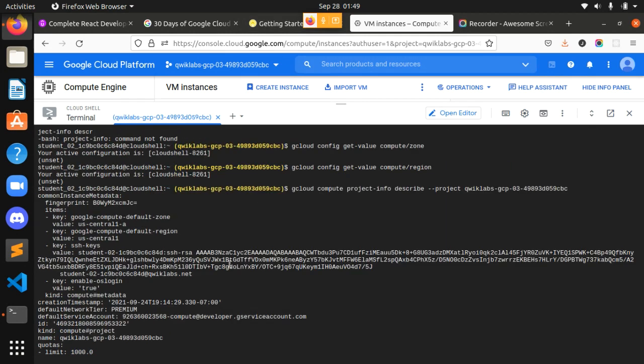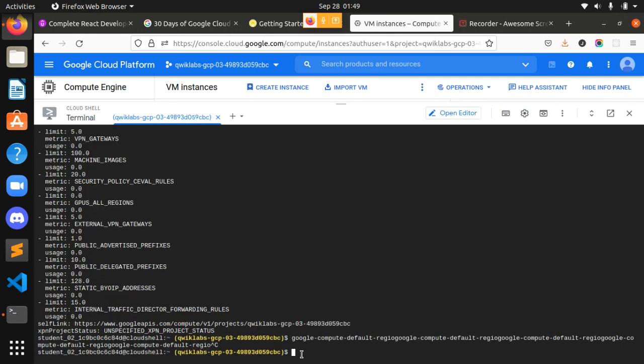Guys, I think yeah, we can see the default zone and region. We can find it after this command from here. We simply have to copy this one, this zone, and paste it here. Excellent.